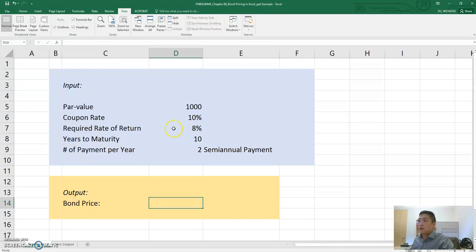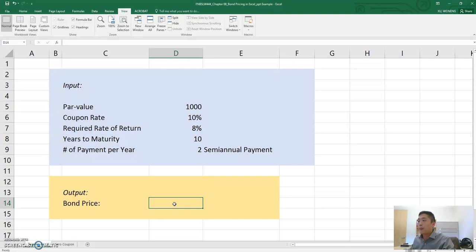And the years to maturity is 10, and this is the number of payments per year, which means how many times in a year this bond will pay you a coupon. Let's assume this is a semi-annual coupon bond, which is the most typical bond in the real financial market. In that case, this bond will pay you a coupon payment 2 times a year. Okay, so these are the basic information of the bond, and we are trying to figure out what's the price